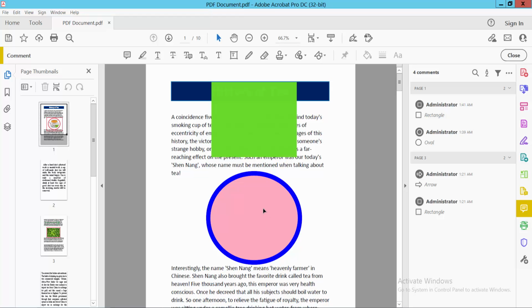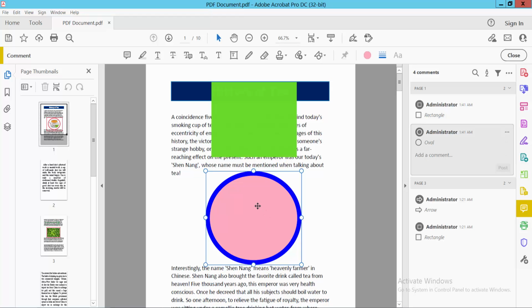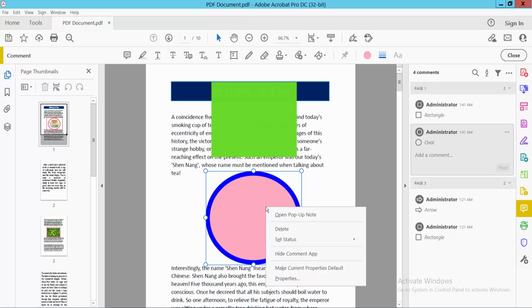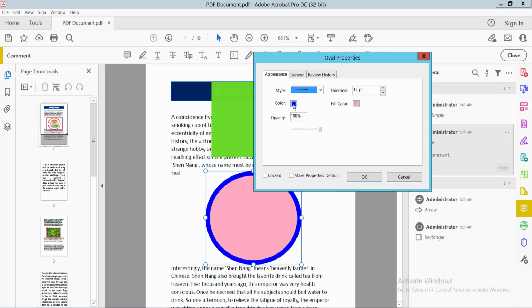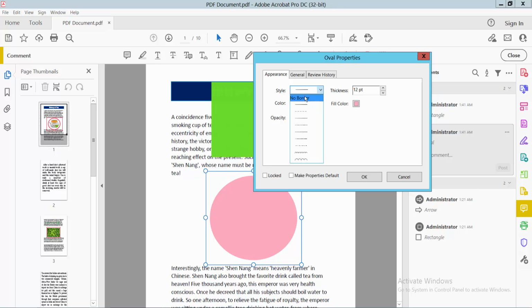And another way: click this border shape, right-click with your mouse, and select Properties, and select your border color white, and see this border is now invisible. Also, you can select No Border here and select OK